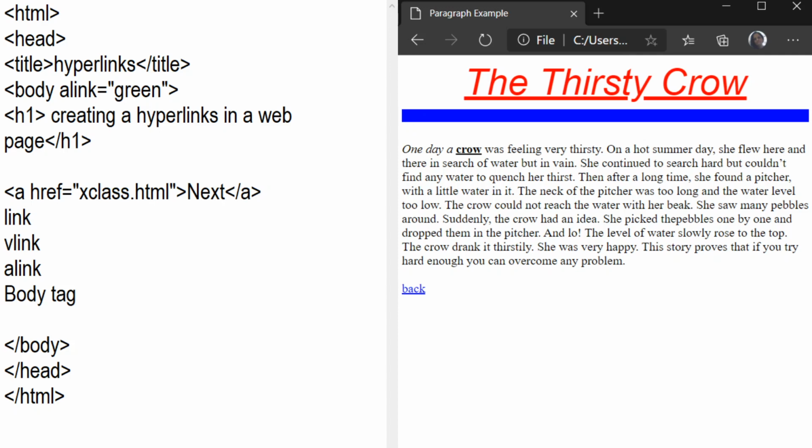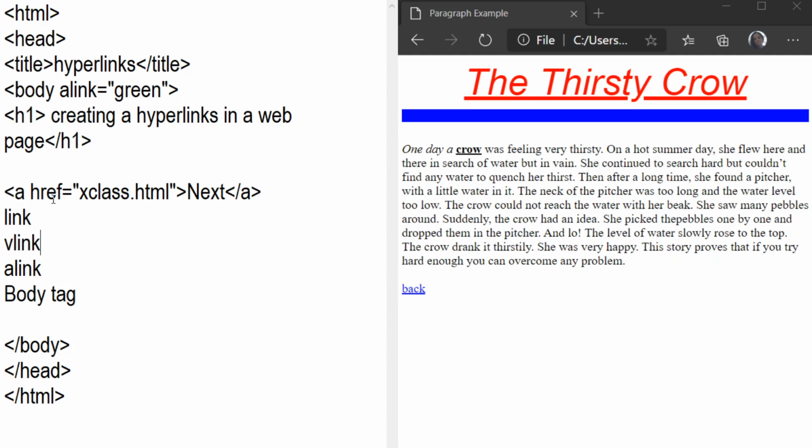Okay, so this is your hyperlink, A tag, and three attributes are there: link, V link, A link. These are the attributes of your body tag. But here we only discuss href, one attribute of your A tag.